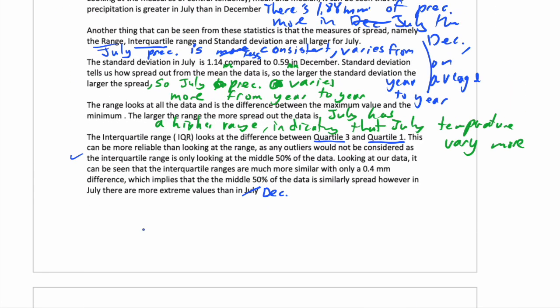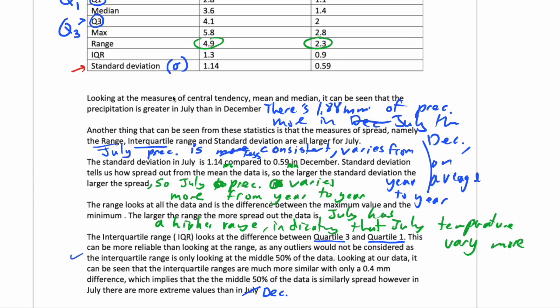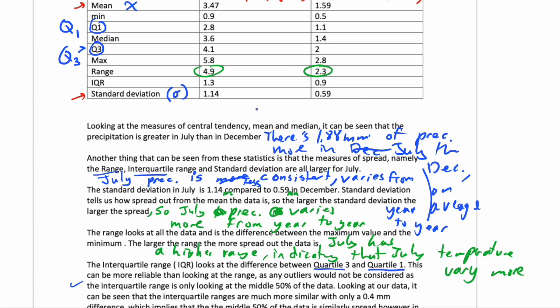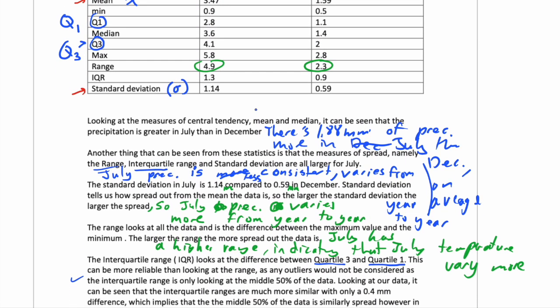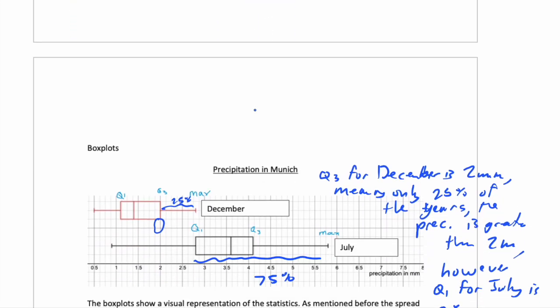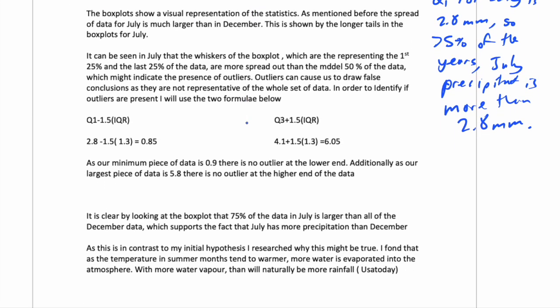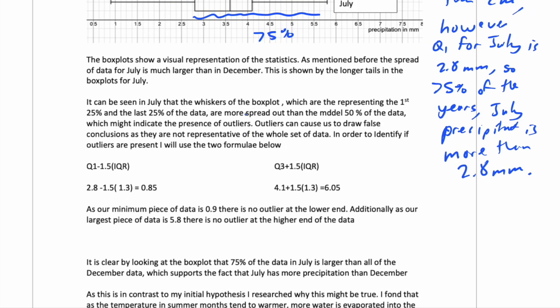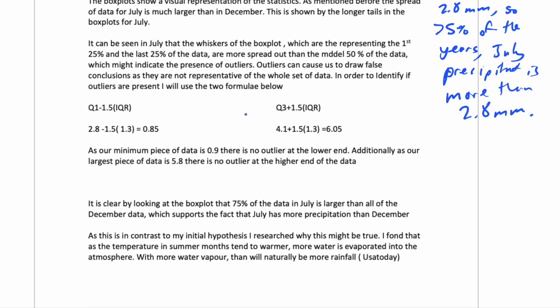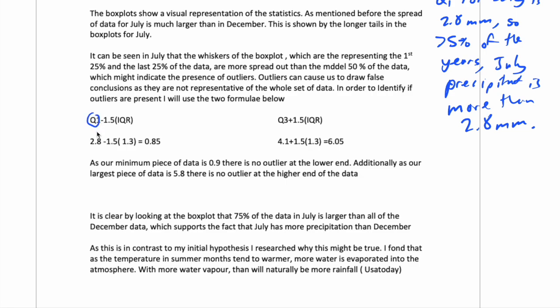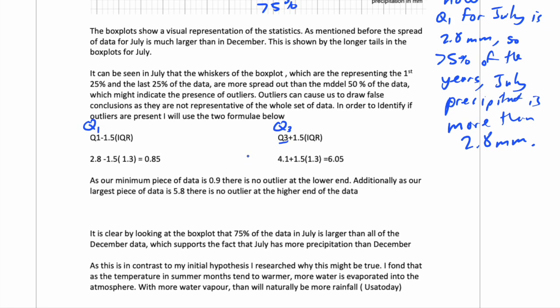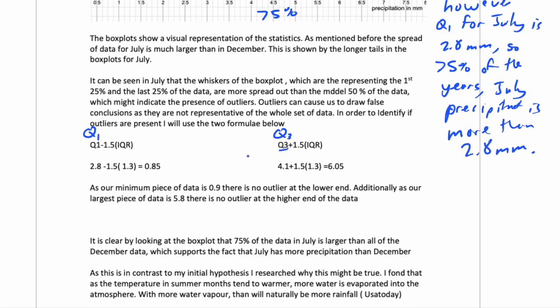Now, one other thing you could do with outliers is you can use the fact that there are outliers, or do we have the outlier formula down here? So if there's outliers, it actually is going to affect the mean a lot. So you can always comment on the mean if you can see that, find the outliers. Let's look down here. We have Q1. Now this should be written as subscripts, right? And the Q3 should be Q with a little 3 on the bottom. So make sure you use proper symbols and things like that.